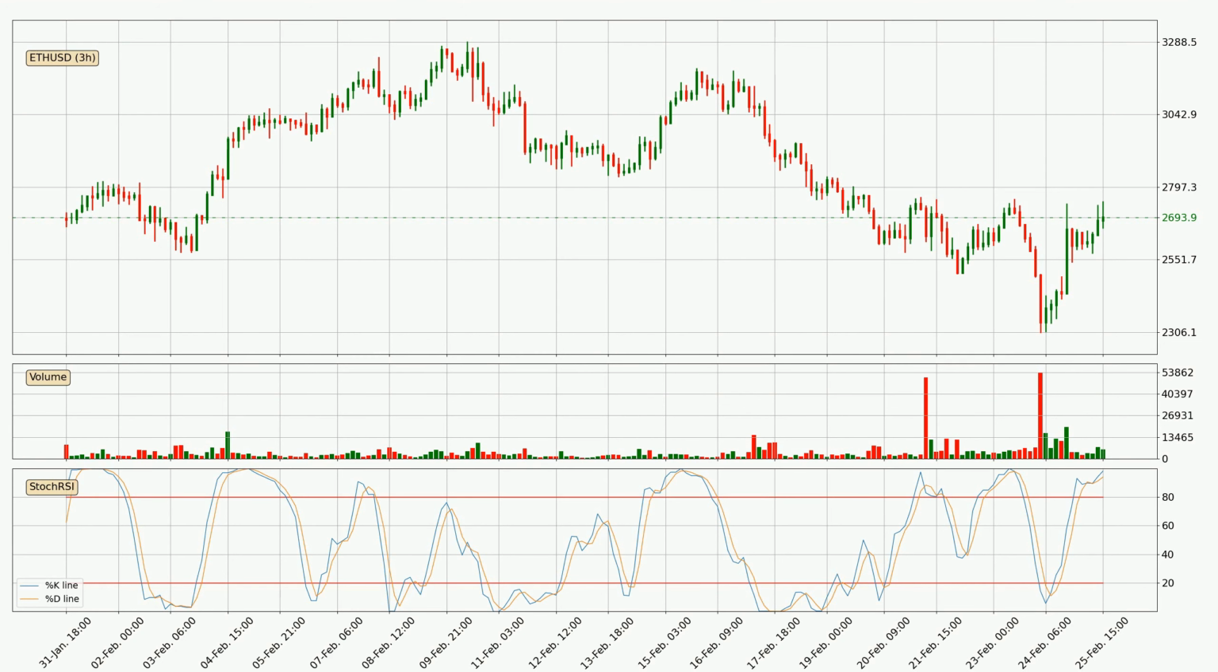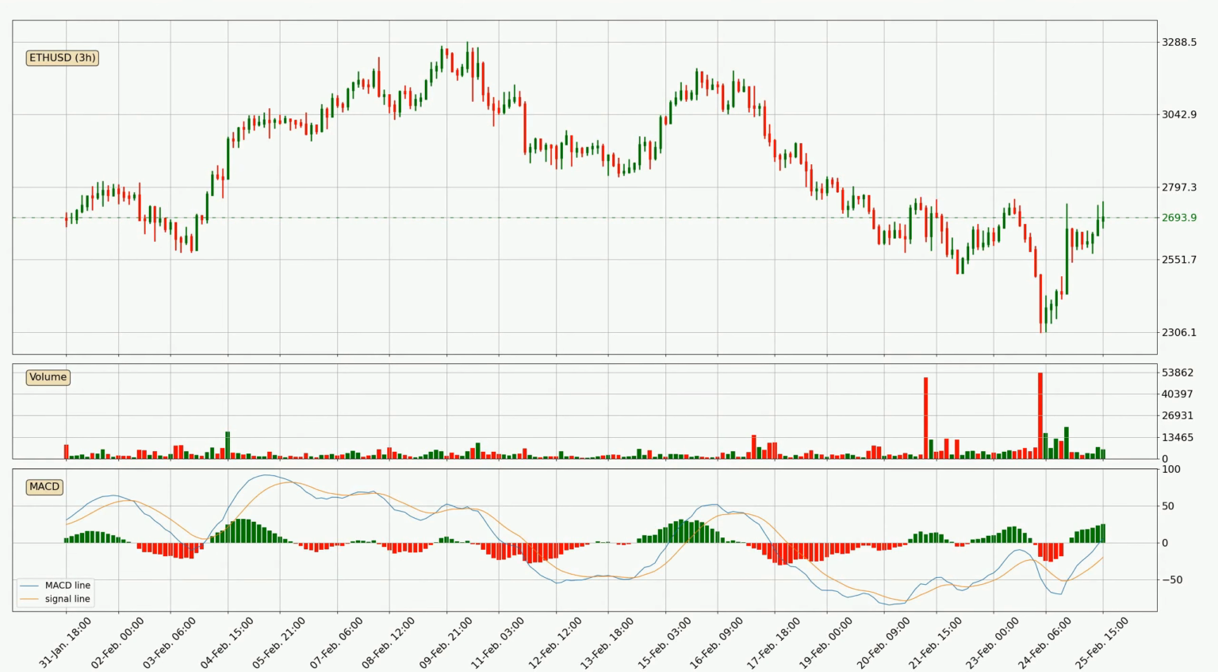actually go down. Moving to the 3-hourly MACD, seeing as the MACD line is above the signal line, meaning that the trend is currently on the up. The MACD histogram shows that the momentum is currently strong, and it could be expected the price to go further